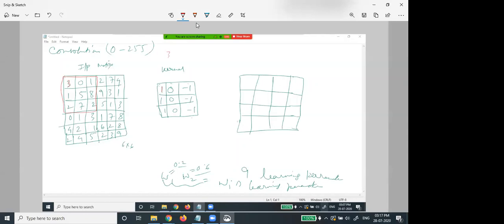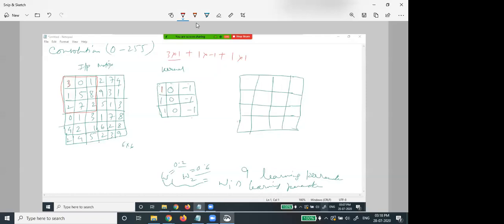So 3 into 1, plus 0 into 0, then 1 into minus 1, then 1 into minus 1, then 1 into 1; the middle column is obviously 0.